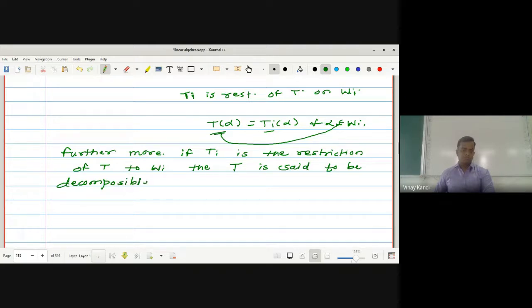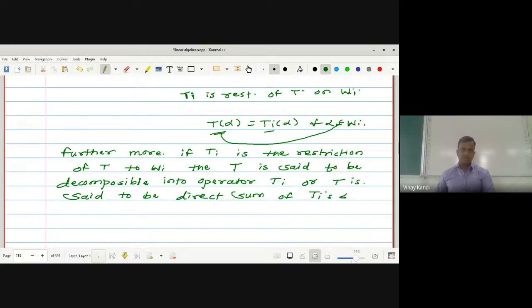Okay, or we can say that T is said to be direct sum of Ti's and written as T is equal to what? T1 direct sum T2 direct sum up to so on